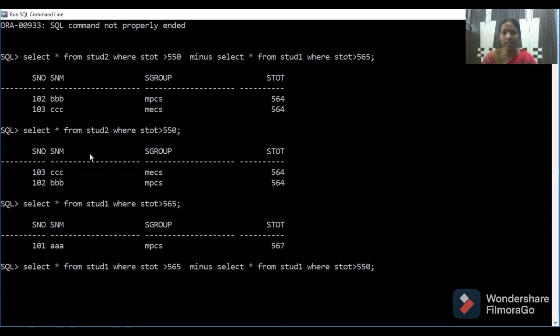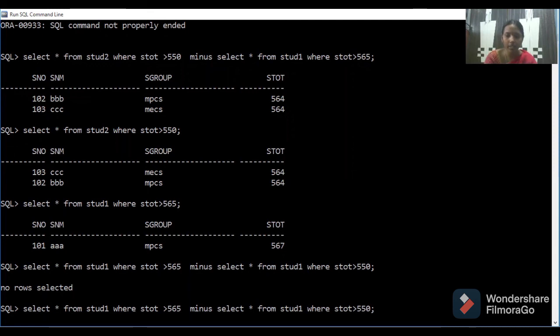Student 2 table, this result. So common rows are excluded from the first table and the remaining rows from the first table will come. So are there any common rows? No. So no excluding is there. So whatever rows you have in the first table will come. So no rows are selected. Why? Because you are writing more than 565. Sorry, here you should have tried 2.